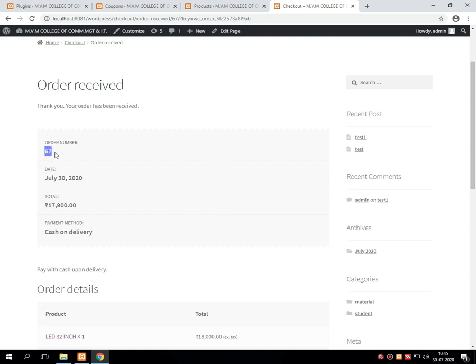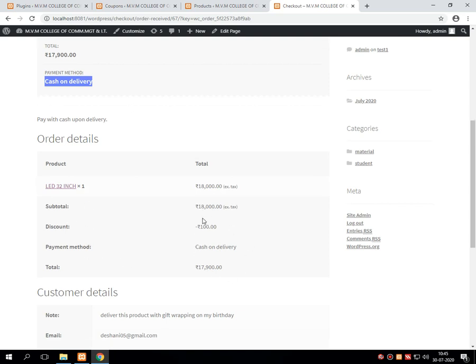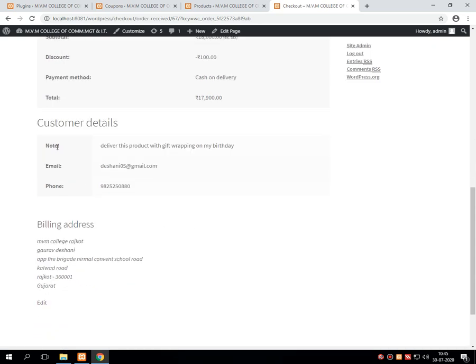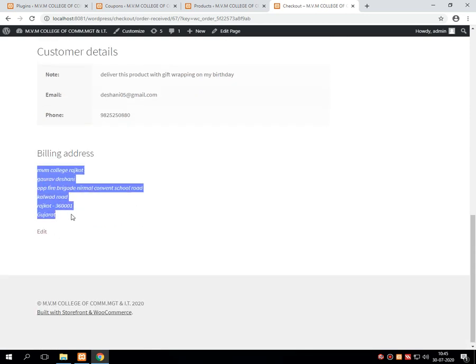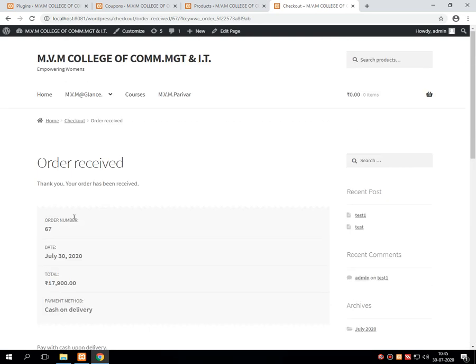The order number, then the date, the total amount to be payable on cash on delivery, details of the product which is going to be delivered at your home, at your doorstep, then the special note that I have given, the email ID of the buyer, the phone number of the buyer, and the billing address of the buyer. So this order has been placed successfully in my store.